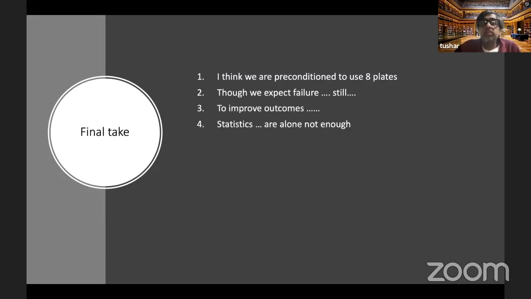So to improve outcomes, I think they give a lot of statistics in favor of a stainless steel plate with a solid screw. However, there are some other causes of failure also, like implant placement. So I think we should be very accurate in every aspect of the surgery to get a good outcome. And maybe in the older child, using 2 parallel 8 plates with 4 screws may give us a better outcome. Studying the distal femur very closely, an application of the 8 plate there may give us a better outcome.